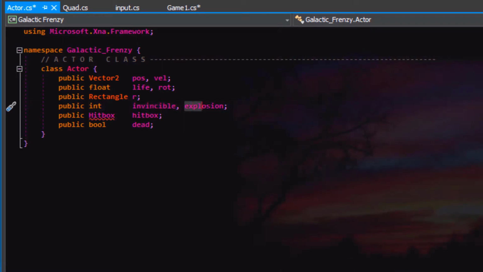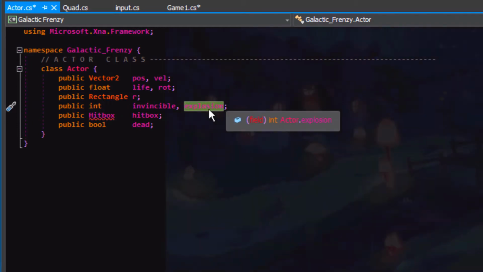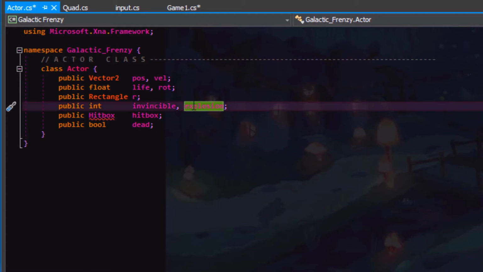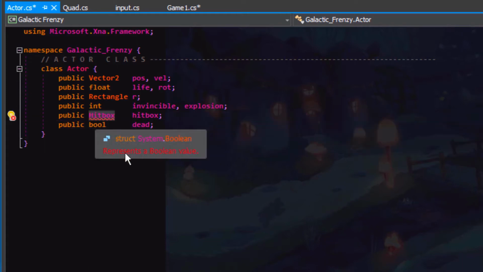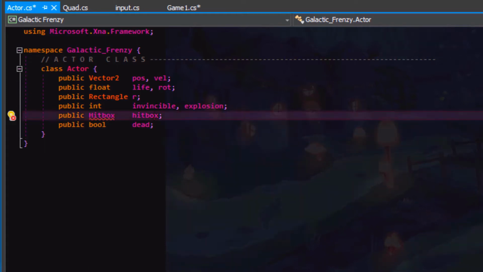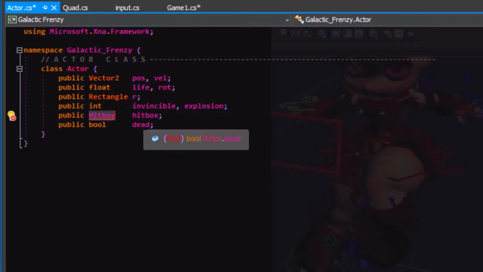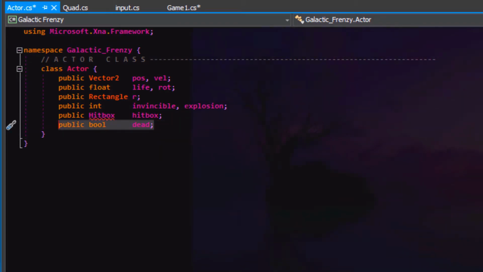If it's in the process of exploding, we can also set an explosion duration, and it'll just keep counting down and making it explode while that number is counting down from whatever we set it to down to 0. We could also use this to control the alpha channel of the explosion so that it fades out. I'm going to create a hitbox. We could use a rectangle here, but I'm going to create a hitbox instead that will simplify the process a bit, and we can add our own things into it. And a Boolean determines whether this character is alive or not and whether it should be processed.